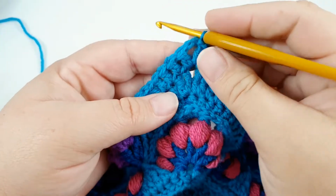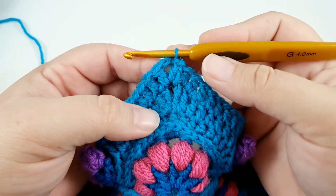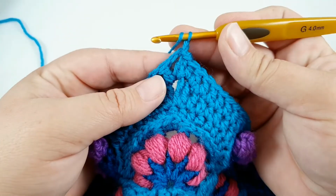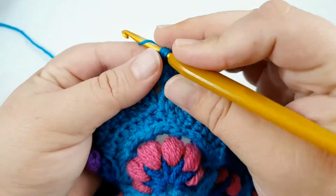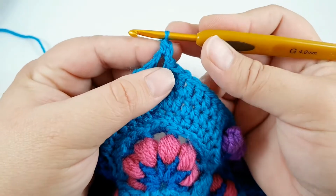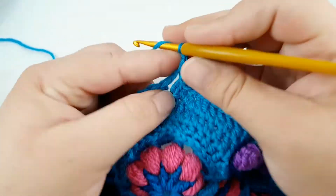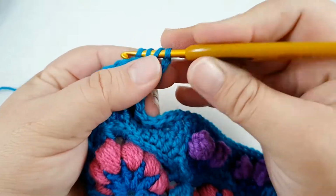Okay, to start part 10, we're going to be starting round 57. Now this round is quite simple, it's just a back post half double crochet round. But to start this round, if you've changed colours, make a standing half double crochet, or if you haven't changed colours, slip stitch to the chain 2 corner and chain 1 and half double crochet, chain 2, half double crochet in the same space,